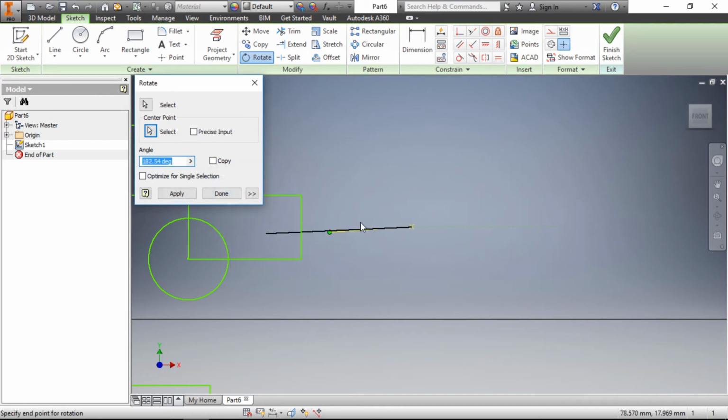Apply yes. Now, if you move the cursor in the counterclockwise direction, then see the value highlighted in the angle box. It is increasing. Let me show you another. Just see here, if I move this cursor in the counterclockwise direction, the value will increase. For example, I will write the rotation value of 30 degrees. Now this horizontal line is rotated by 30 degrees.